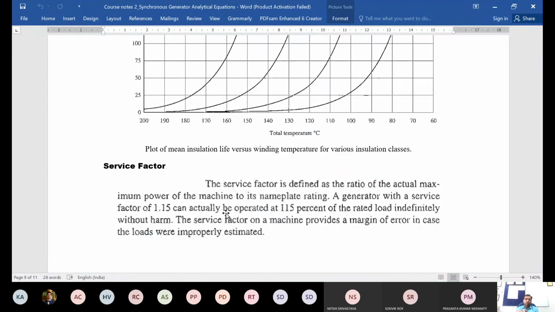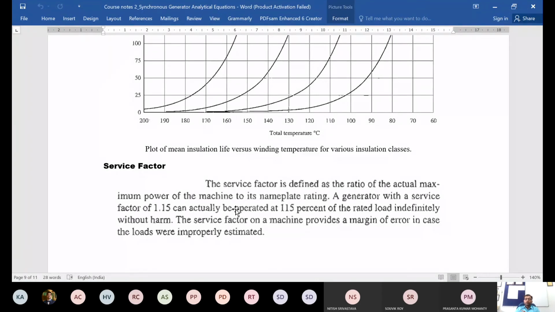So accordingly, I will choose the ratings of the machines, and I'll plan maybe for different units. Maybe I initially start with 3 units, and then as the load increases, I can add the 4th or the 5th unit and so on. But there can be one problem in this: all of this is based on the load estimation, how much is the load and what load increase you see over the years. But sometimes there might be some underestimation, and the load actually might be higher.